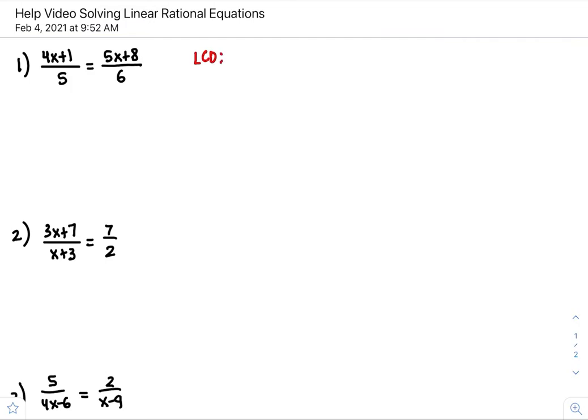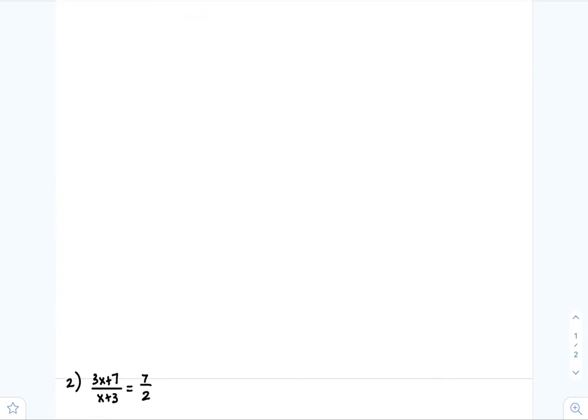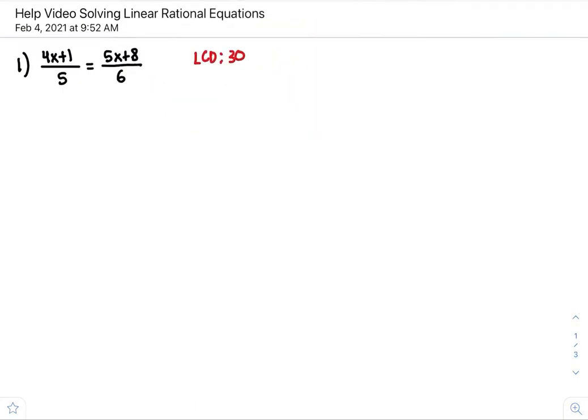It's going to be, well, 5 and 6, they both go into 30, right? That's the smallest number they both can go into. So what we're going to do is rewrite both of these, and we're going to multiply both sides by the LCD. Once you find the least common denominator, multiply both sides by the LCD, which is going to be